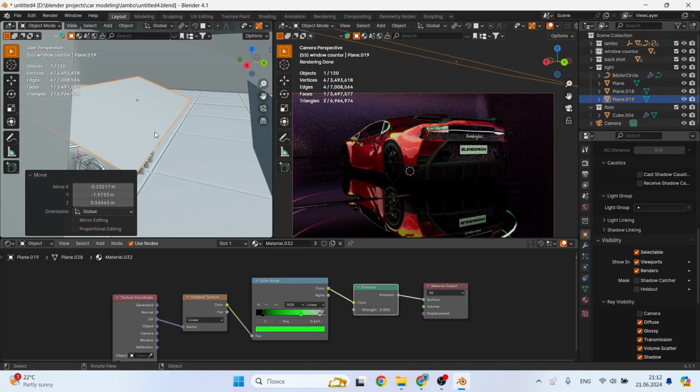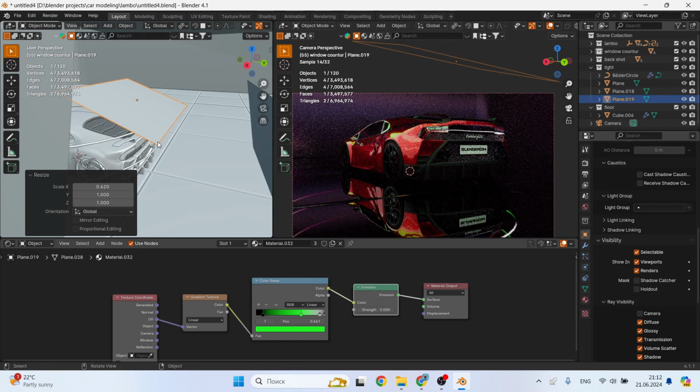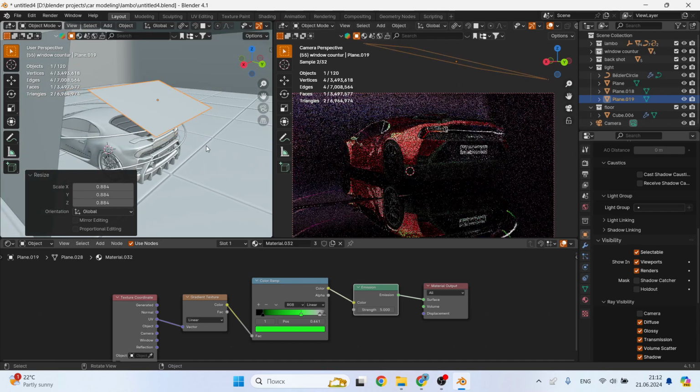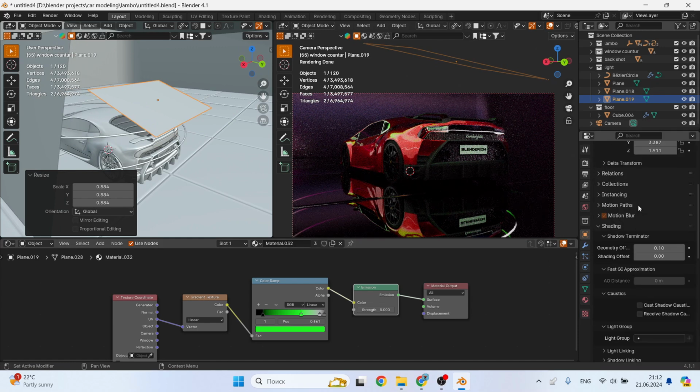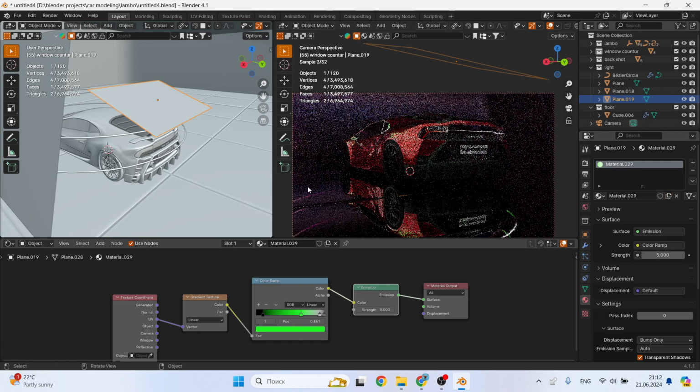Next, we can still customize our light panels. You can add another one above the trunk. You can use not only black and white in them, but multicolored ones. Add bright colors that will also be reflected on the car and create a certain mood.